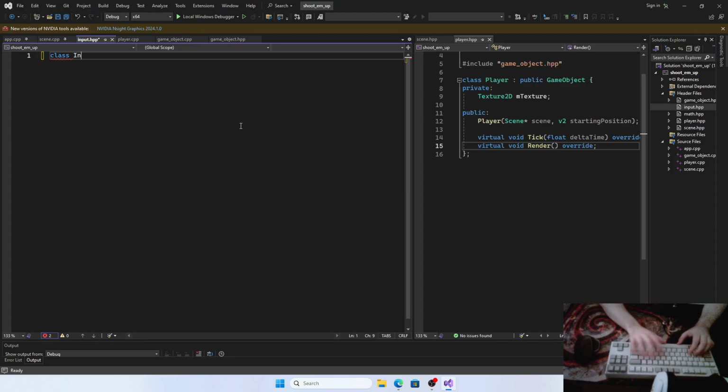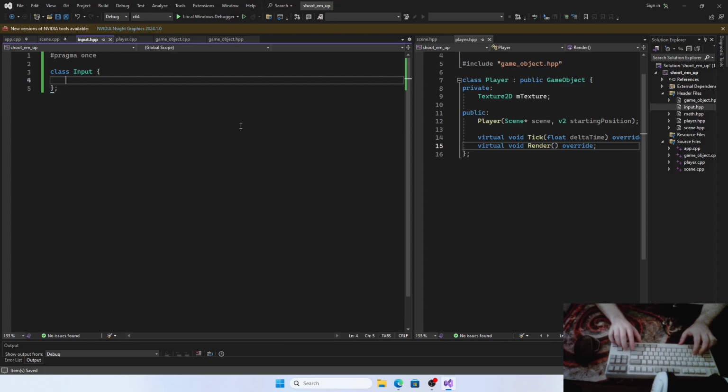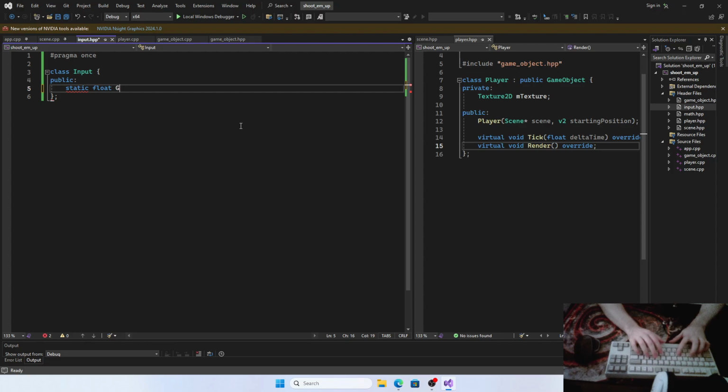This is input. It's going to be like a singleton. It's going to be accessible from everywhere. We have static float get horizontal axis,